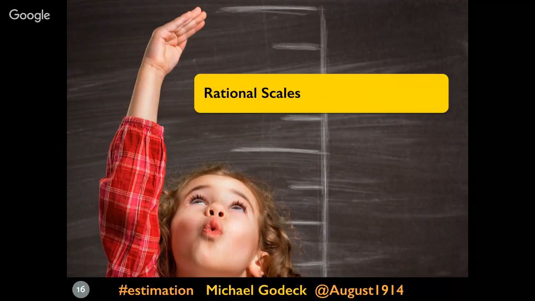Now, interval scales are a lot like rational scales. They're ordered sets subject to addition and subtraction, but they don't have any fixed zero. And they're not subject to multiplication and division. Multiplication and division don't work. The Celsius temperature scale and the intelligence quotient are examples of interval scales. Interval scales in psychology, they're everywhere. You see them all over the place in all kinds of different fields of math and in science and